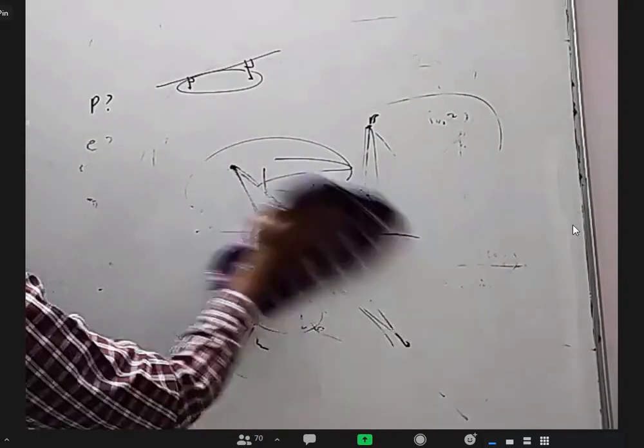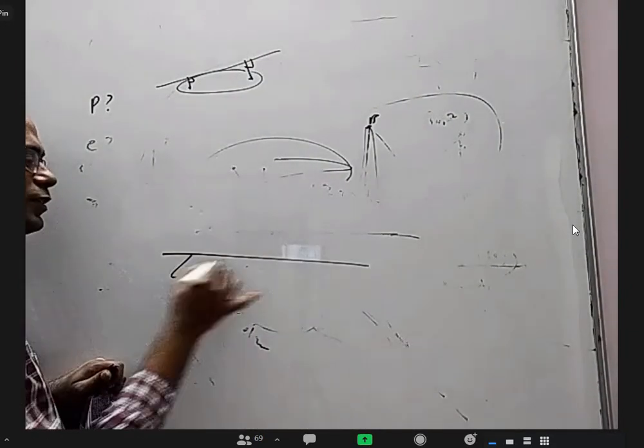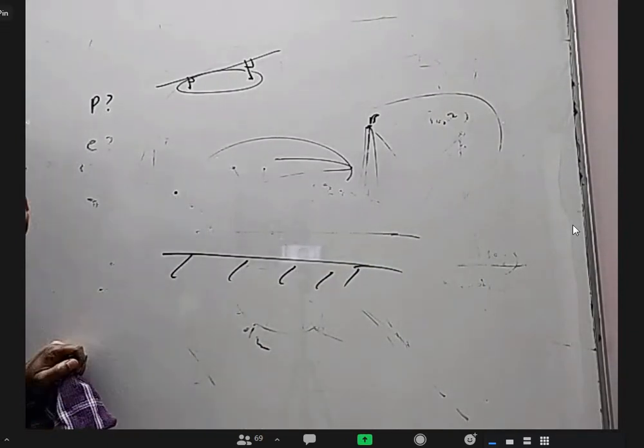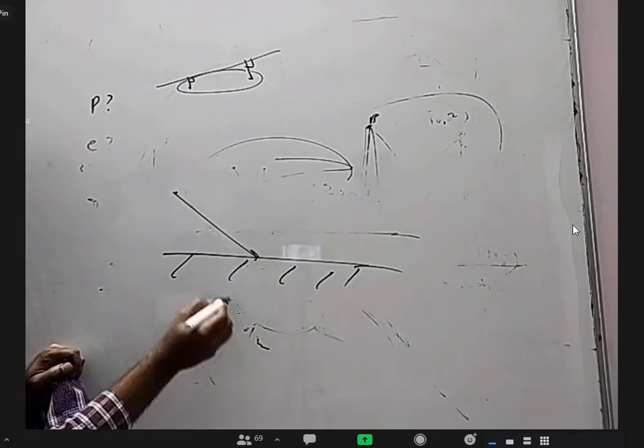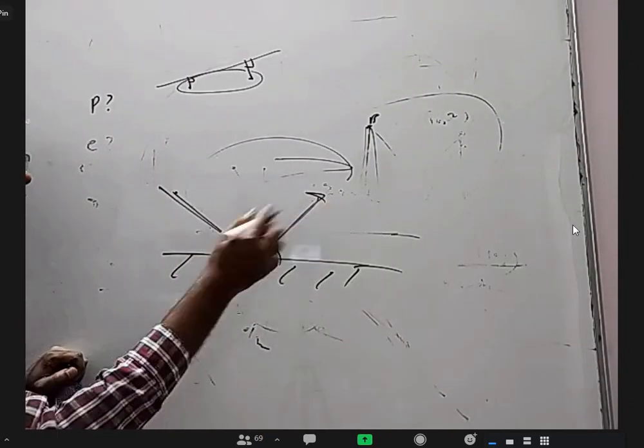If I tell you Newton's explanation, you may laugh. What Newton told, after all, is a mechanics fellow, I think. So what he told is light is like a series of balls, small particles. So balls are hitting like this and they're going like this. If you throw a ball on the floor, it will hit and it will go like this, right? So angle of incidence equal to angle of reflection is proved, right?